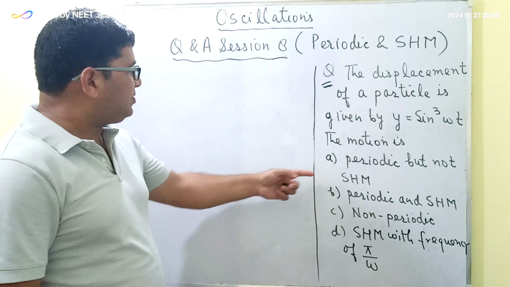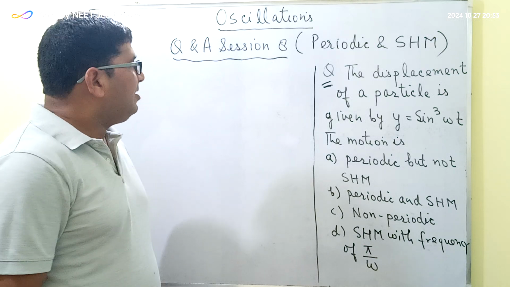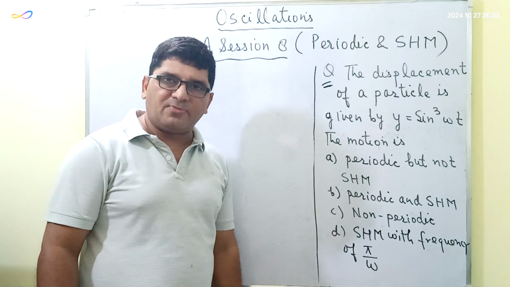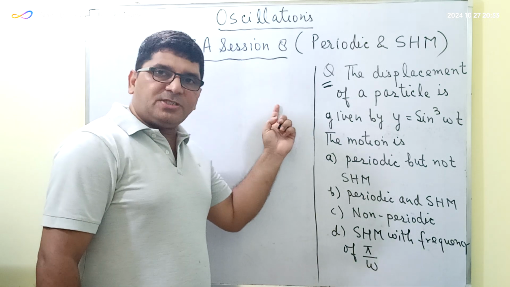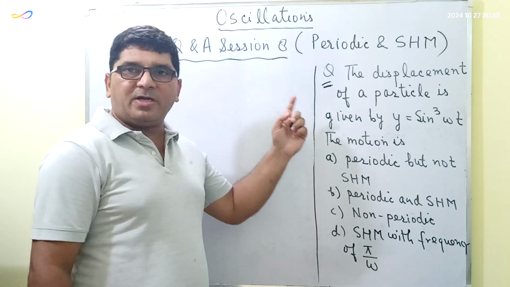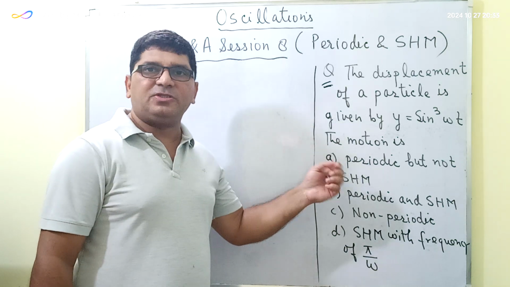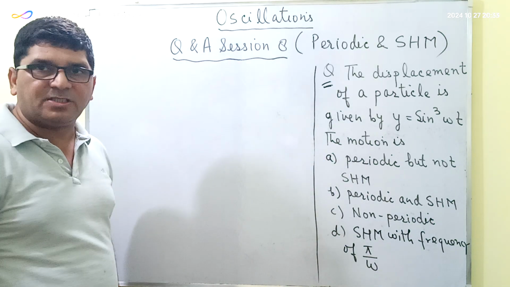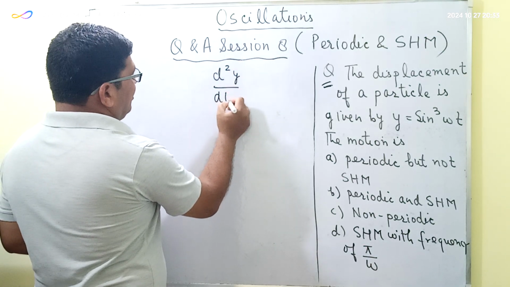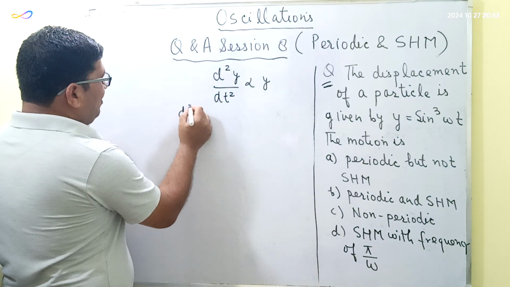So before proceeding with this question, let us first of all go through the definition of periodic motion and simple harmonic motion. Now the periodic motion is a motion which repeats itself after a fixed interval of time. The periodic motion is an oscillatory motion or vibratory motion when the body or the particle moves back and forth about a mean position. And the oscillatory or vibratory motion is a simple harmonic motion if the acceleration of the particle is directly proportional to the displacement, or the acceleration of the particle